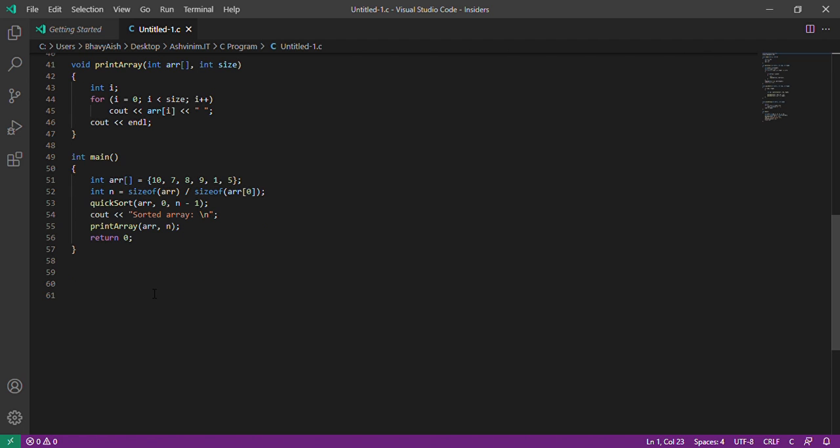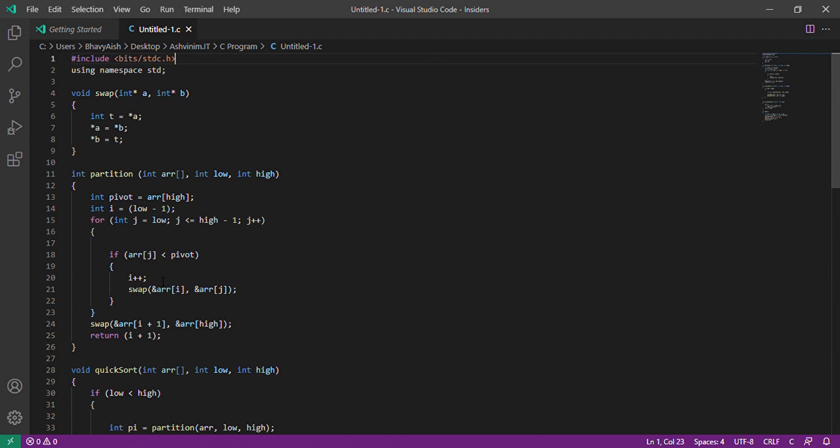Then next, in the analysis of Quicksort, the time taken by Quicksort in general can be written as follows: T(n) = T(k) + T(n-k-1) + n. The first two terms are for the two recursive calls. The last term is for the partition process. k is the number of elements which are smaller than the pivot, and the time taken by Quicksort depends upon the input array and partition strategy.